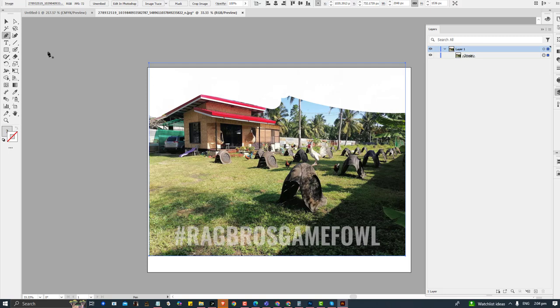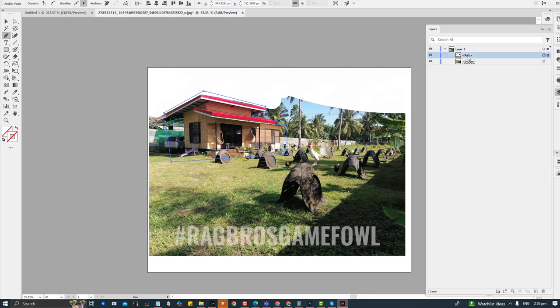So by clicking this one, pen tool, trace, for example, like that. Okay, so if you close it, it will create a path layer here.